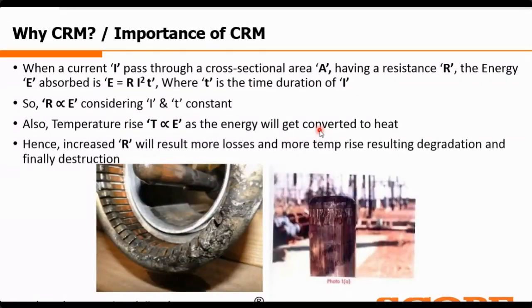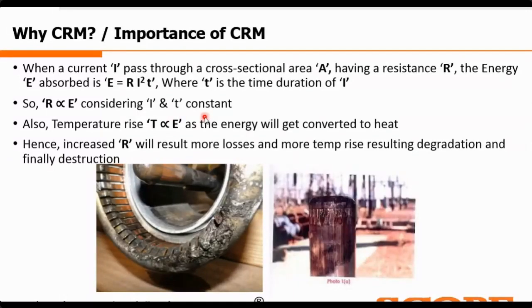Hence, the increased R will result in more losses and more temperature rise, resulting in degradation, and finally it leads to an electrical failure. We also call it the masking effect of the contact resistance.